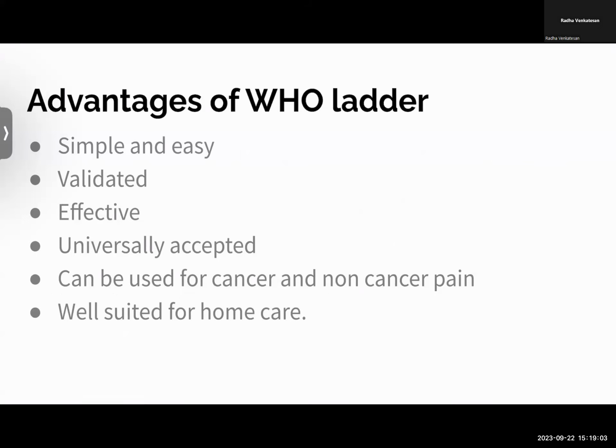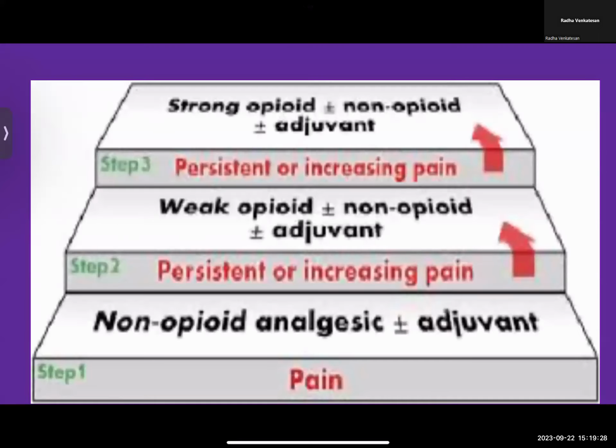It is used. And another important thing is, see, I'll give simple examples. 2 times table, 4 times table, 6 times tables and all of that. So they are all standard. Like that, if you have something simple and easy, and the whole world can follow one thing, is that not easy? Does that not make our life easy and simple? So that is the biggest advantage of this. And this is what is the pain ladder. Okay.